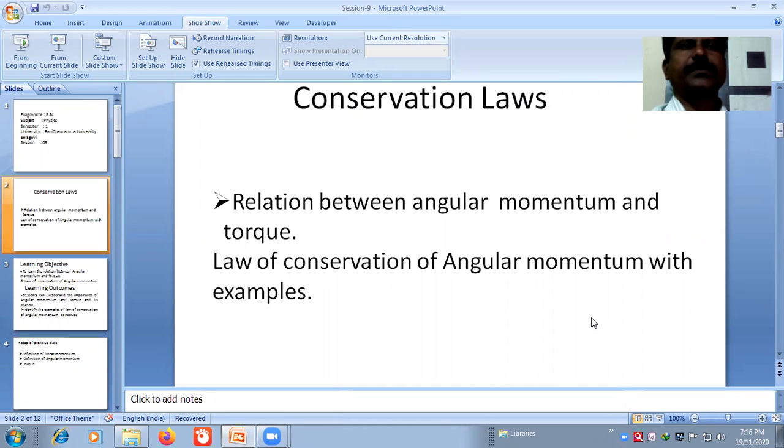So in our previous sessions, we discussed the conservation of linear momentum in the case of variable mass, that is in a rocket, as well as the concept of torque and what angular momentum is. So in this session, we will obtain a small relation between angular momentum and torque, and we'll also discuss the law of conservation of angular momentum with an example. Okay,